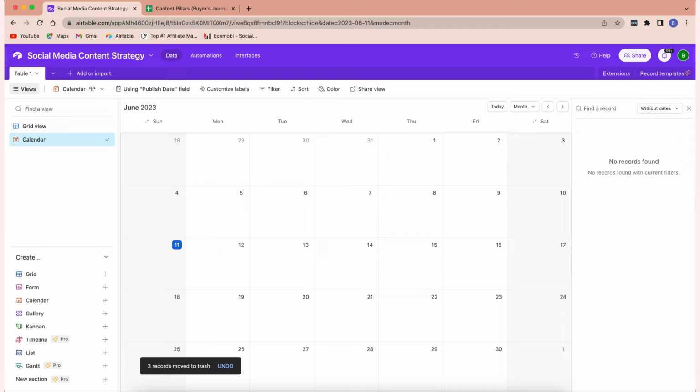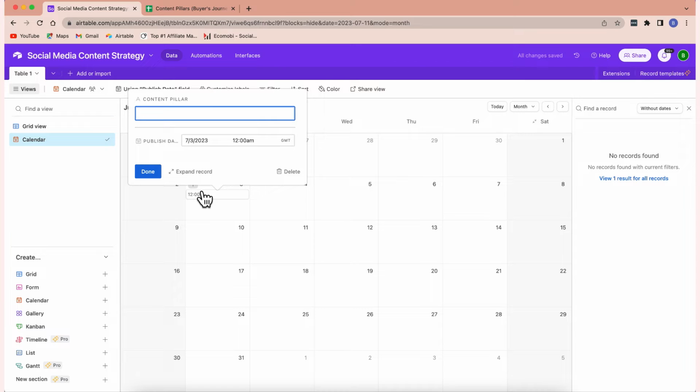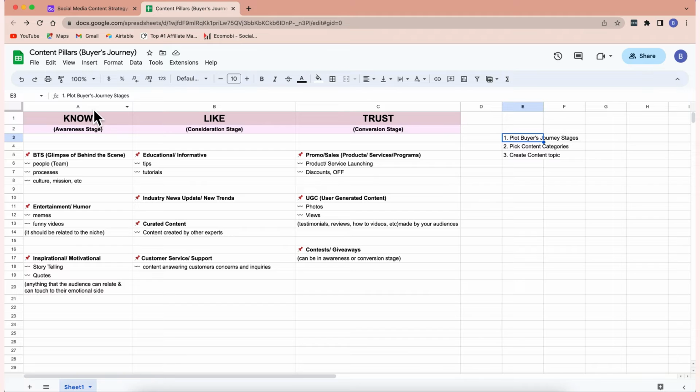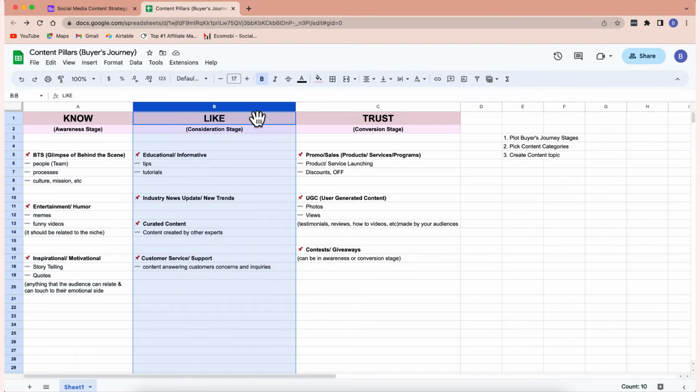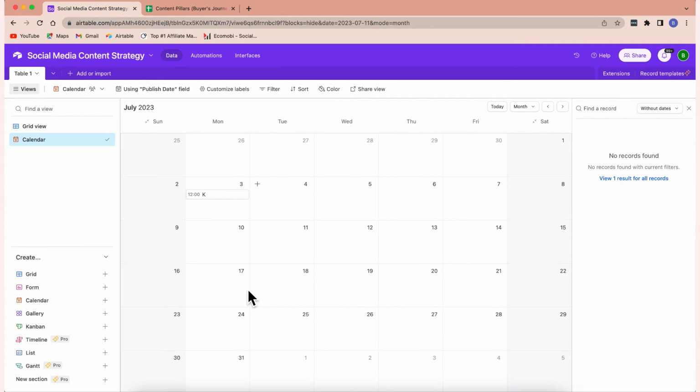So now here, I want you to plot the buyer's journey. So let's say sa month of July tayo. Click mo lang tong para month of July. As you can see, the first Monday is 3. So here, I would like you to click this one, add, and then lagyan nyo siya ng no. It's up to you ha, pero my game plan would be no, like, trust. Ang first content ko would be here sa no, and then dalawang like and trust. Kasi ang plan ko is 4 posts per week. But it will change. Basta, ganito yung game plan na gagawin ko. It's up to you if you're going to do the same.